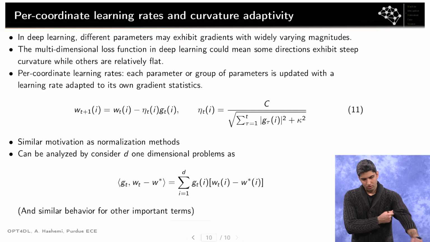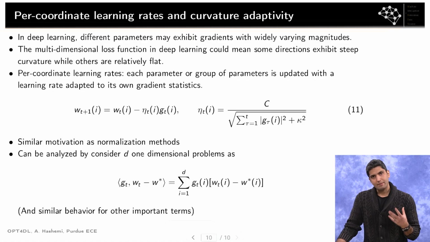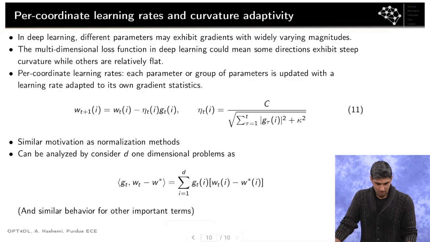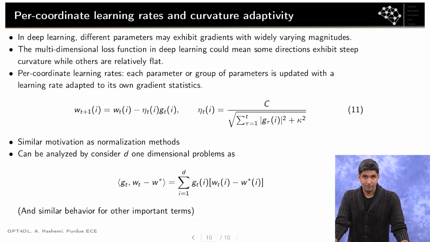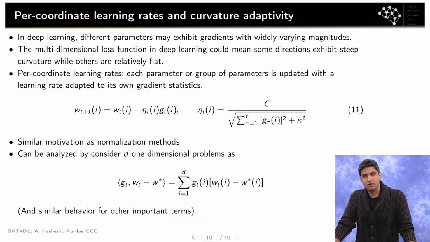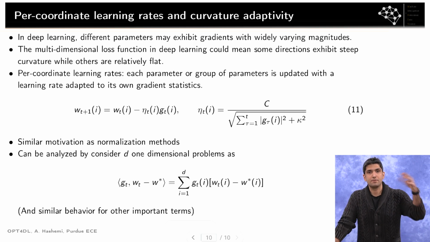All right, so we talked about adaptivity with respect to the variance. There is another notion that we want to be adaptive with respect to, and that's the notion of curvature. So the curvature of the landscape. Remember, we are solving optimization problems that are multidimensional, right? So if I have 100 million parameters, I'm basically optimizing a function, or my landscape is in 100 million dimension